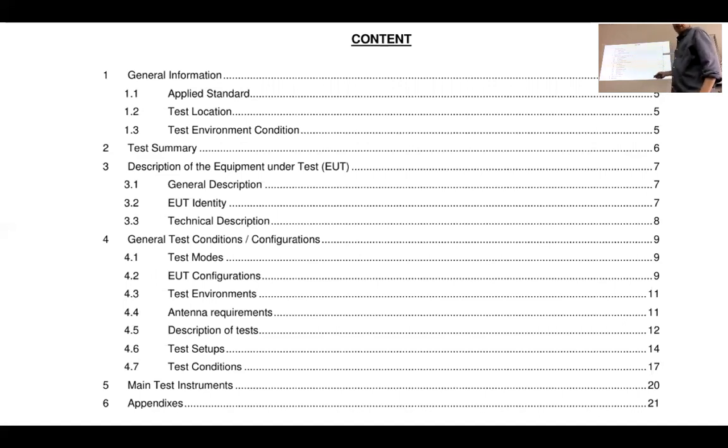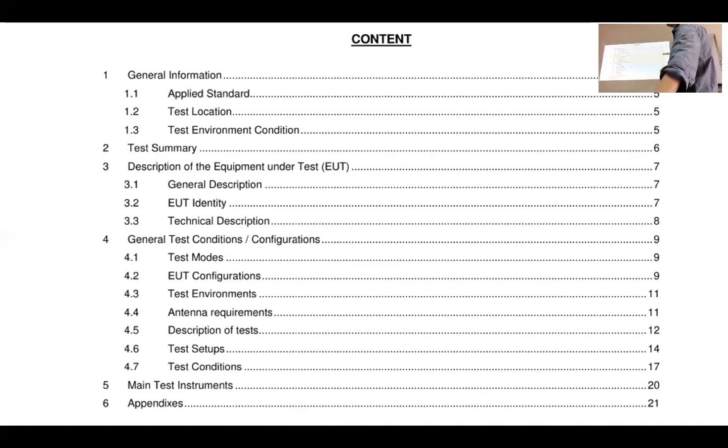So this one will be, for example, if you see a test report, this is the normal content. What is the applied standard is the important one. What is the test location is also important. That's the lab. Okay, then the test environment, because this is the requirement. Sometimes they say the testing must be in what weather, between what range, degree, up to how many. Like Malaysia here, then maybe the condition must be what temperature. Okay, here there is no below freezing, right? Overseas maybe the requirement is that the test set must be tested in different weather, the temperature, room temperature, right?